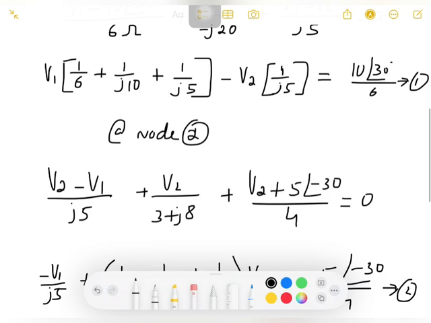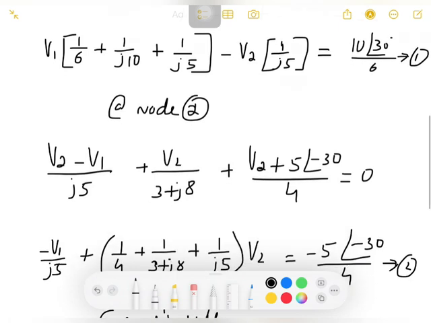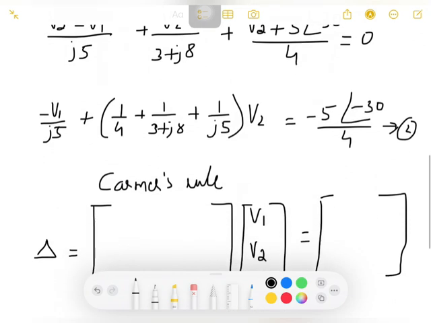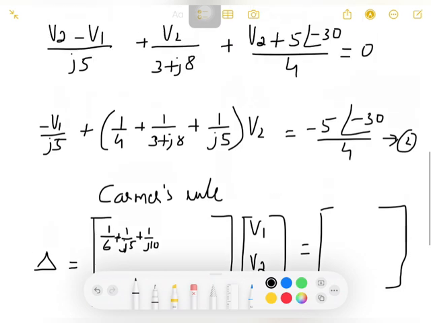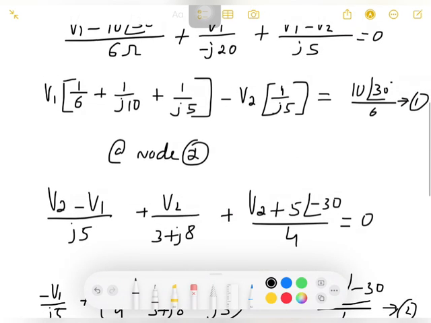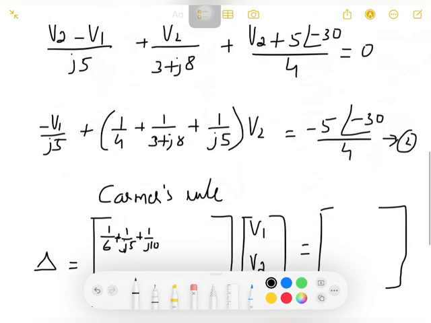In the first equation, I have V1 coefficient, that is 1/6 plus 1/j5 plus 1/j10. You can add that and write a single value. Since I am writing here directly, V2 is minus 1/j5,